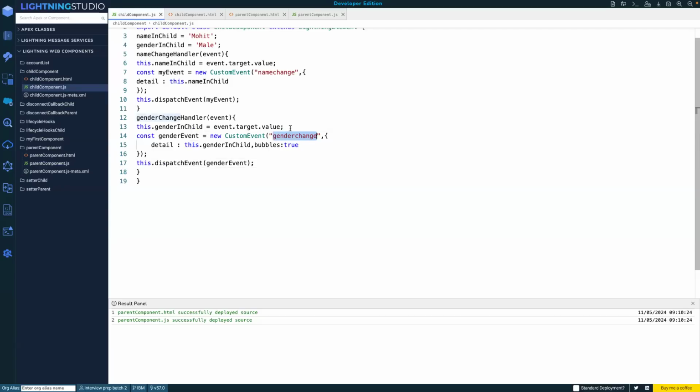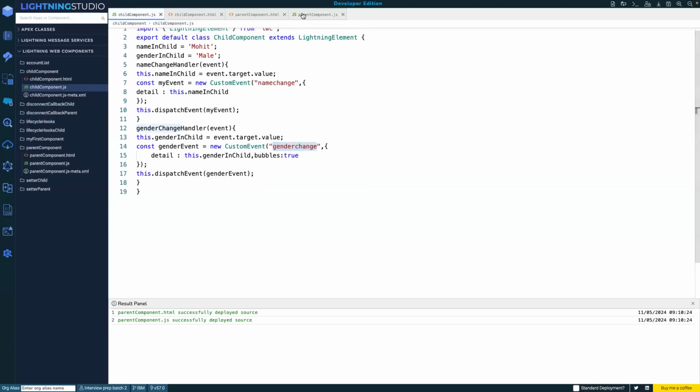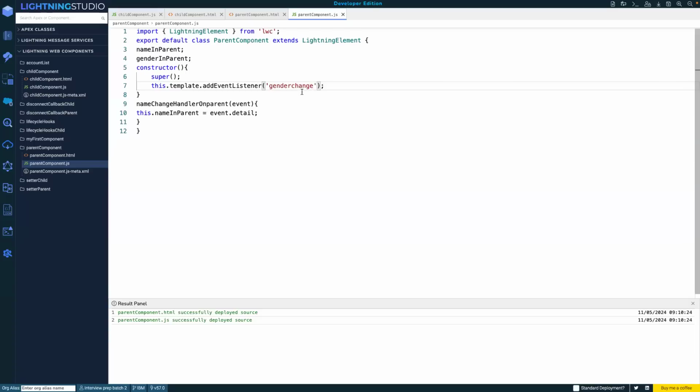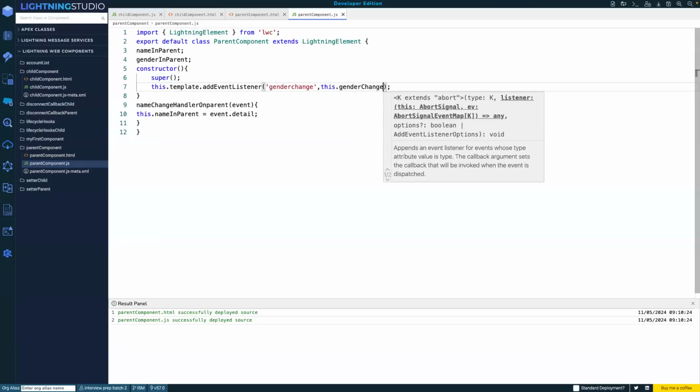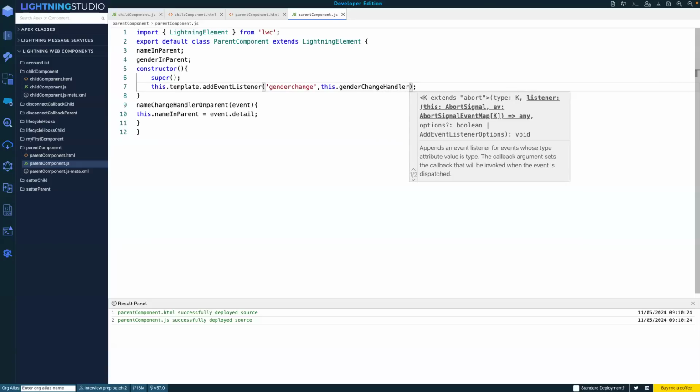This name, we will copy it and paste it here, and then you will have to write this.genderChangeHandler.bind